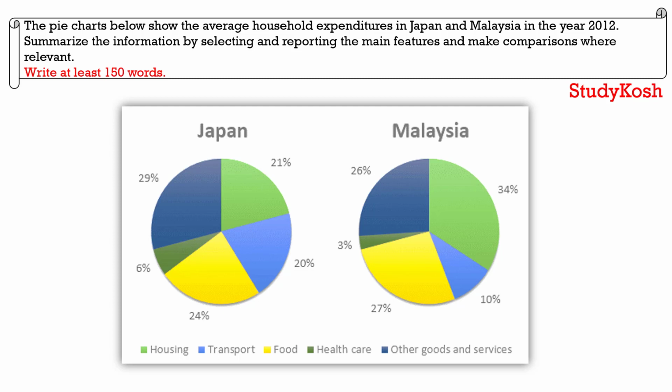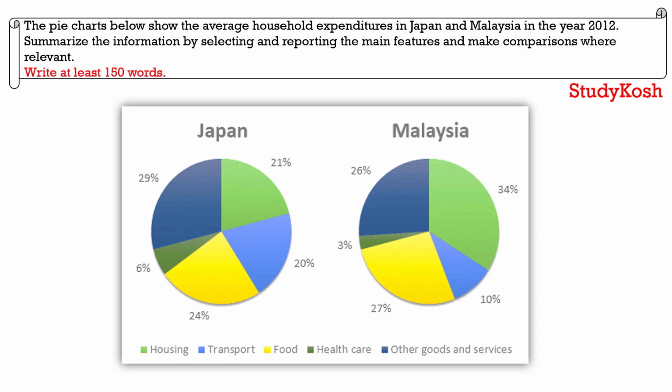Now let us discuss what are the highlighting points. First of all, I'll be talking about Japan. In Japan, the highest expense we can clearly see was on other goods and services. If we talk about healthcare, then in Japan, the healthcare expense was only 6%. Talking about the second segment in which the expenditure was done in Japan was on food, 24%, and thirdly on